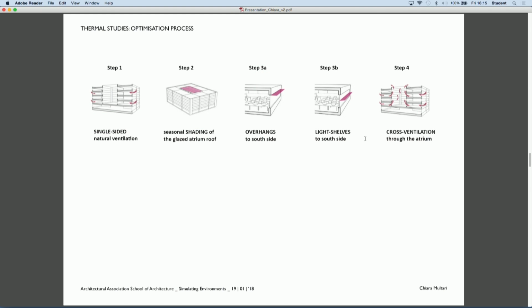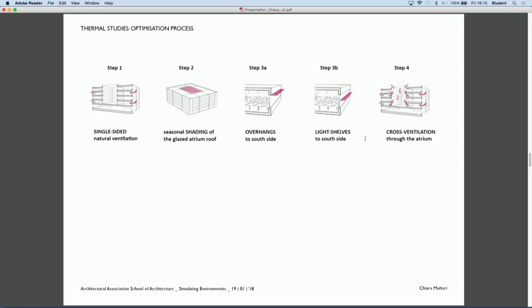So these are some of the tests of the measures that in the end resulted to be the most efficient in improving the thermal performance of the building. So I tested the impact of natural ventilation in reducing the cooling loads, the shading of the glazed atrium, as I mentioned before, overhangs and light shelves, based on the analysis that I previously conducted for daylight performance.